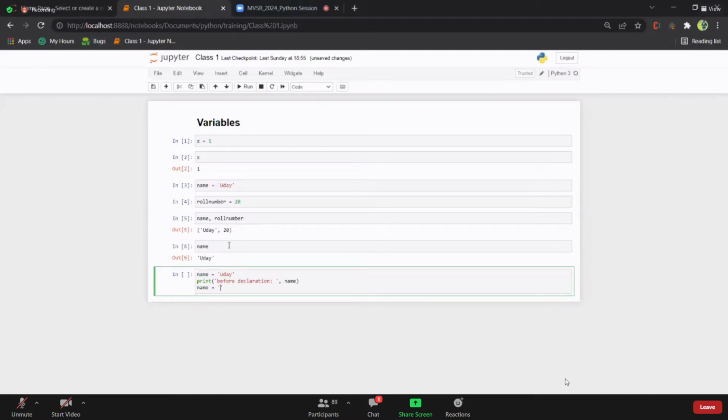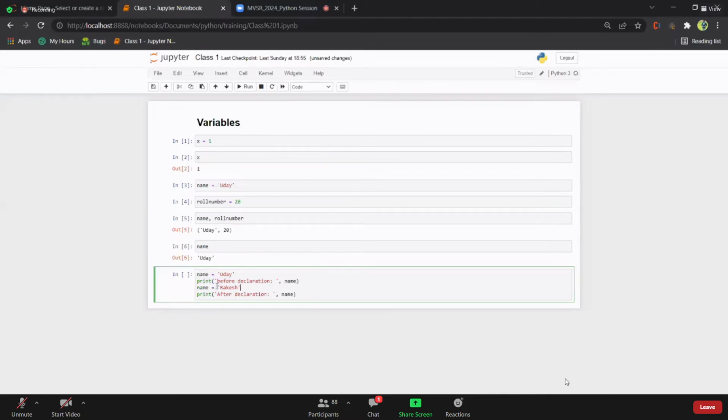Right now I'll make it Rakesh. Initially we gave name as Uday, and then we print it. Print name, and we are assigning some other data to the name itself. So we are basically redefining it,